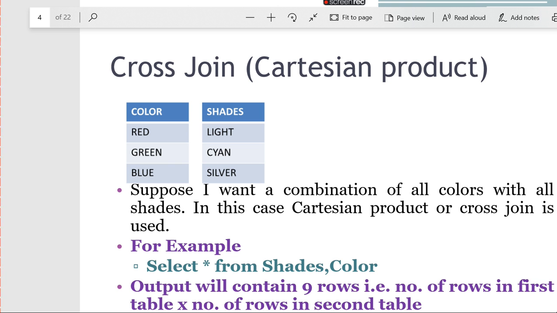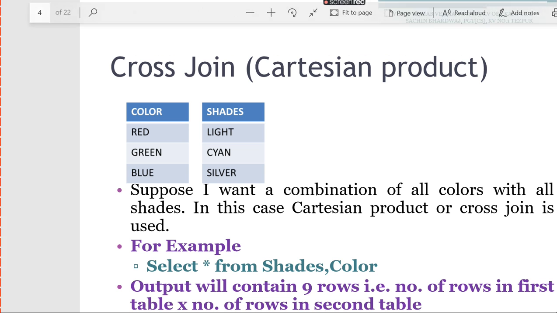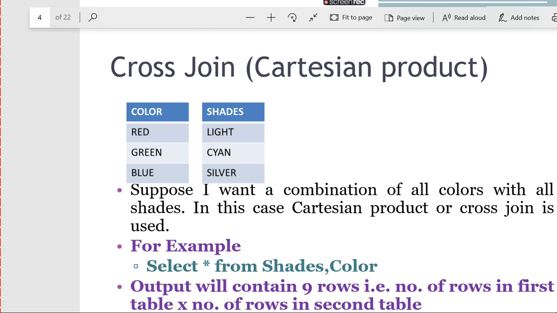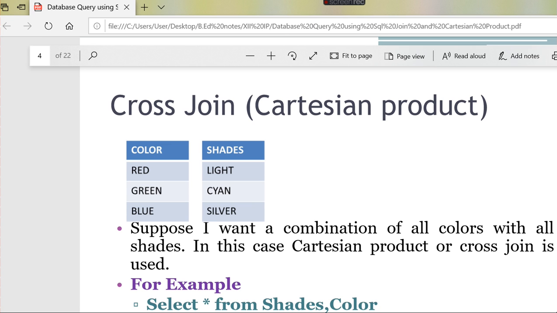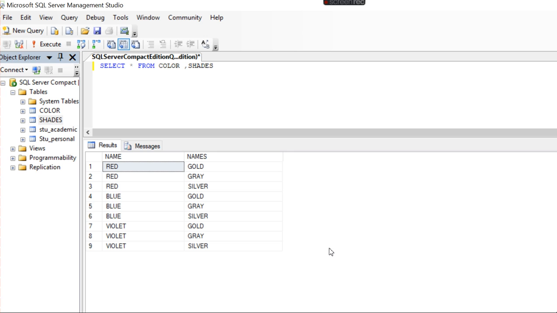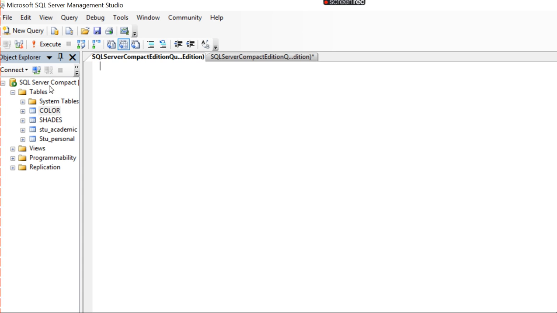So let me show you this in SQL Management Studio. I'll show you how to do that. Now you see here in the SQL command, there are two tables. One is the color table, another one is shade. So I'm just going to say select star from color, okay?